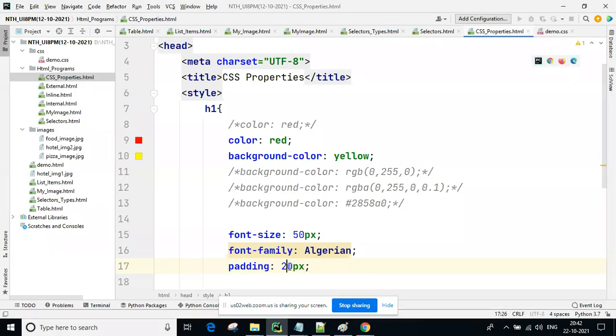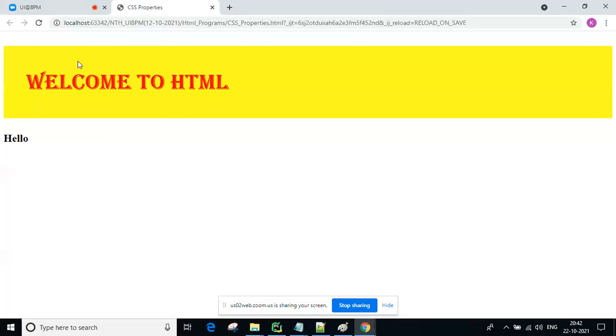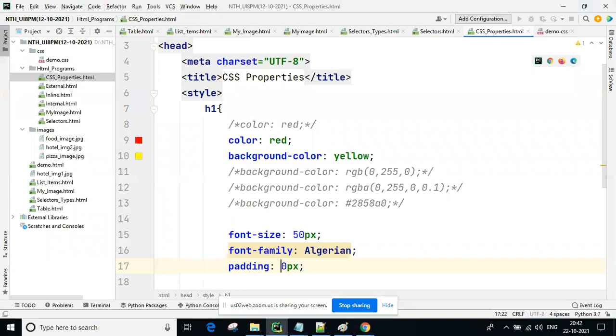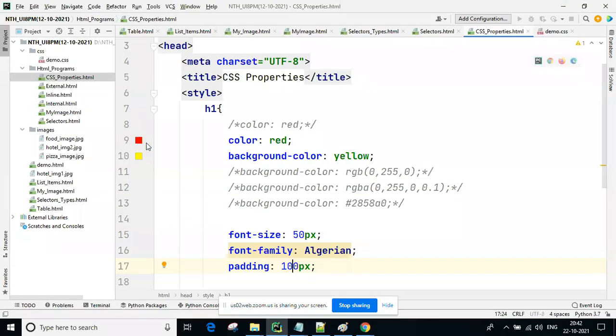That is padding. Around the content, some space you are taking, that is called padding. For example, write 50, then see, you are getting more space. And if you want to observe more, I'm taking 100. See, the space is increasing on all these sides. That is called padding, guys.